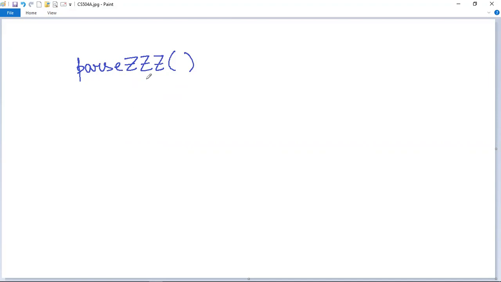So this parse function, and after that I have written ZZZ, which is the syntax, and this portion will contain the data type, and the first letter of that data type should be written in capital. If you want to convert a string into float, then you write parseFloat, and F should be capital. If you want to convert the string into double, then you write parseDouble, where D should be capital.